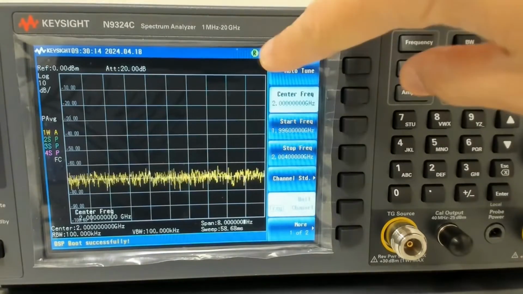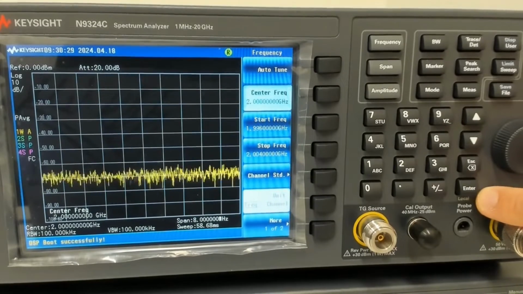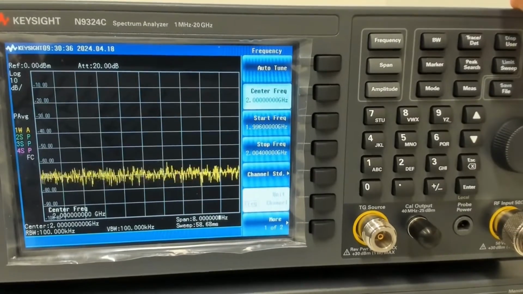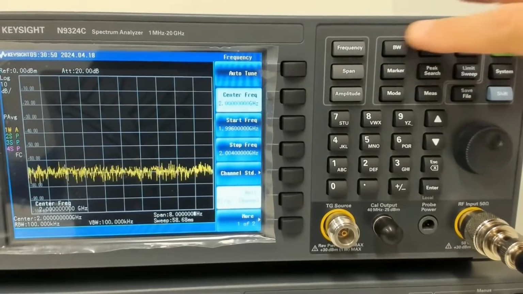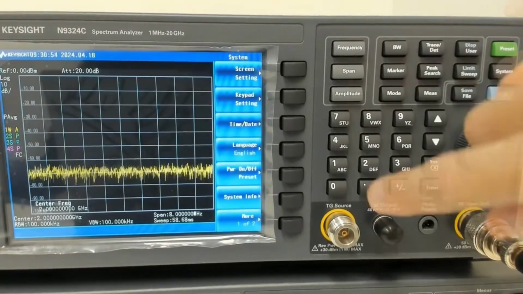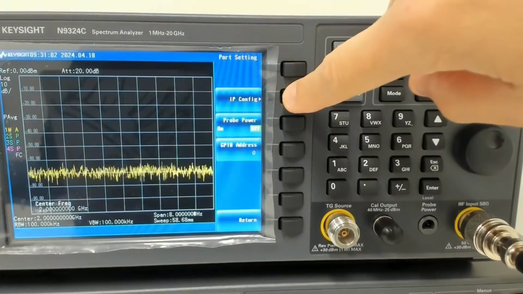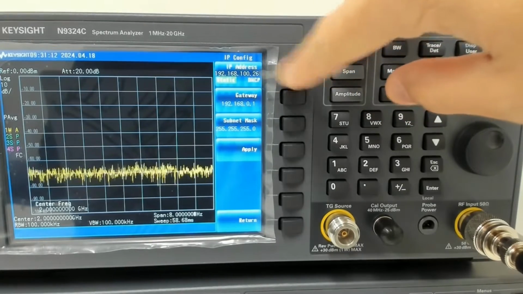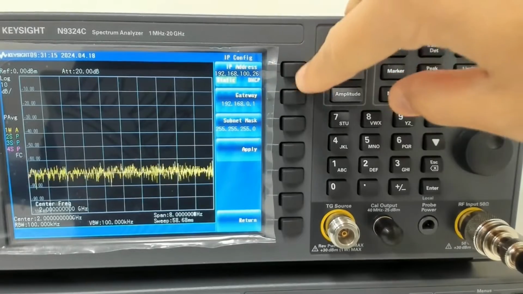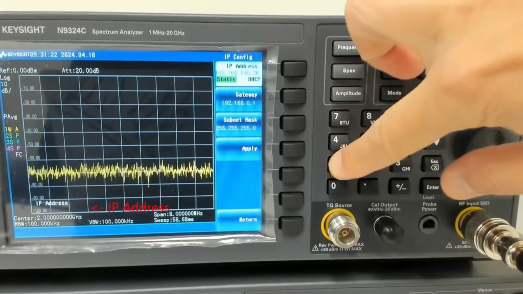So first of all, you're seeing this R, which is a remote connection that's happening in the background right now. The first thing you want to do is to click on local. So you can see down there, press local and the R will disappear. The next thing I want to do is go to system, more, port setting, and IP config. As you can see right now, it's set to static, and of course you can toggle between DHCP and static. So I would set the static IP address like